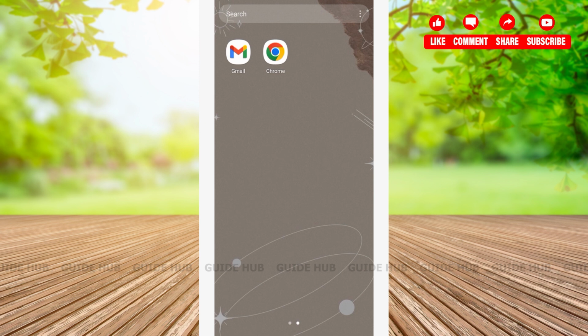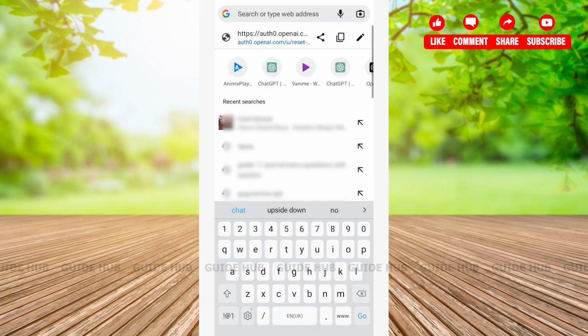Here, as we know, ChatGPT is not available as an app. So in order to open ChatGPT, we'll have to go through Google Chrome. The first step we're going to take is opening Google Chrome. After opening it, on the search bar, we'll have to type